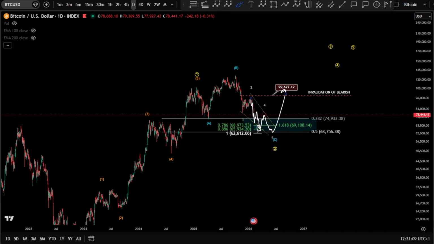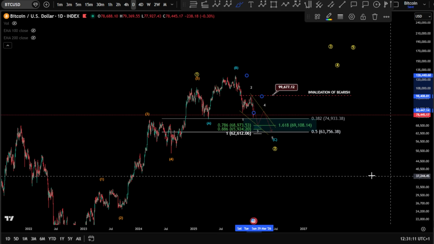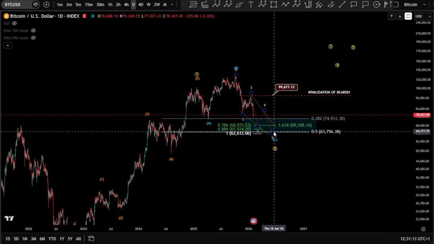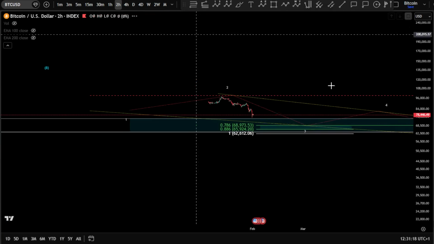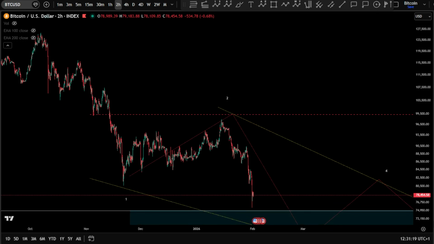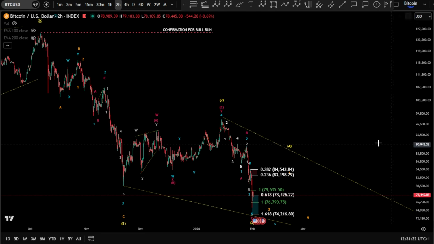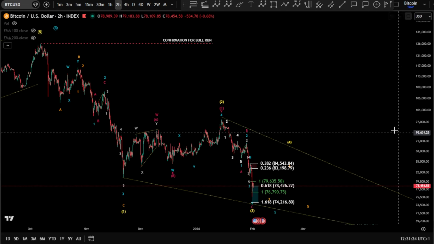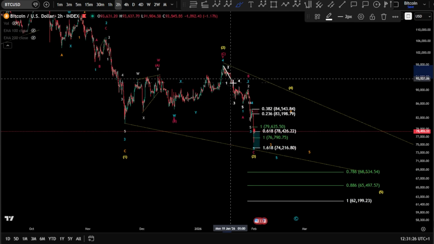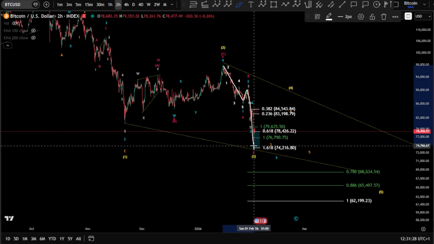Yeah, so that is very interesting what we are looking at right now. I'm bringing, of course, a more aggressive ending diagonal today due to this price. On the 2 hours chart here, we are looking, of course, for this potential ABC, as we mentioned. Yeah, so it can be an A, B and a C, finish there.